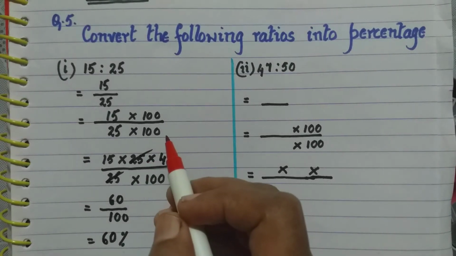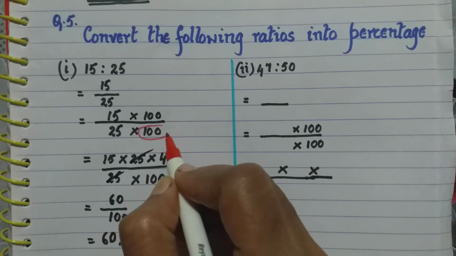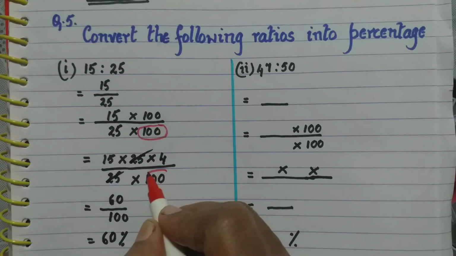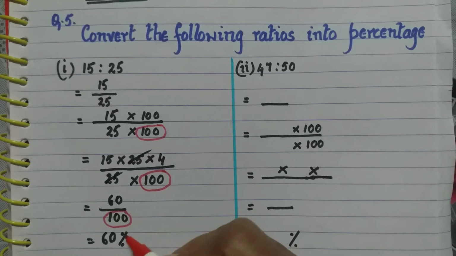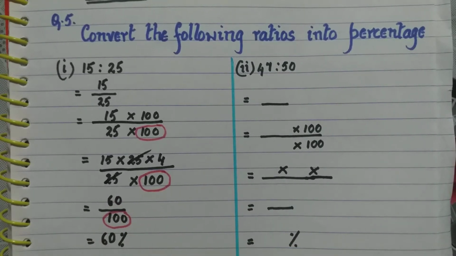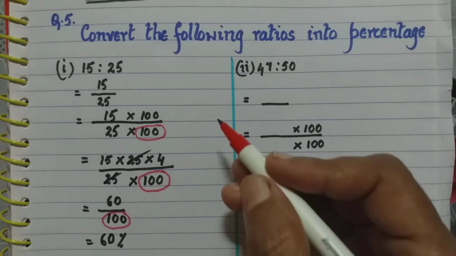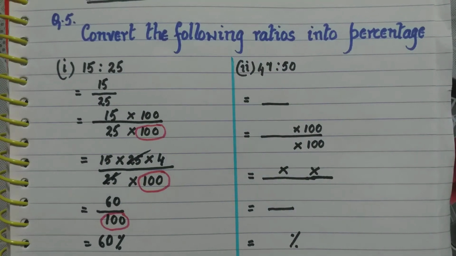What we have to remember each time is, this 100 we do not touch. You see here in all the steps, this 100 remains as it is. We have kept it here as it is, and therefore in the last step we can write this upon 100 as percent. So let us proceed now with the same logic to the remaining sub-questions in this question.